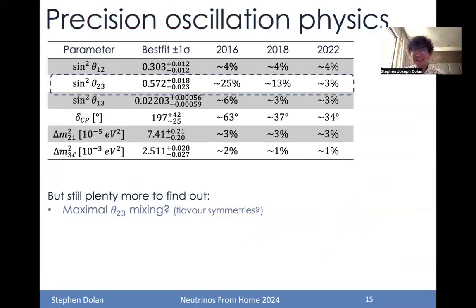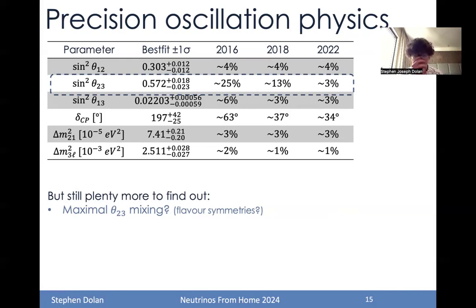Okay, so that's the story so far, but there's still some way to go. Whilst it might look like we're constraining all of these parameters and that's kind of job done, we've got much more to do than just to dot the i's and cross the t's. We're really entering a precision era of neutrino oscillation physics to let us make a whole set of new measurements. So one thing we can try to do is to make precision determinations of this sine squared theta 2-3 parameter,